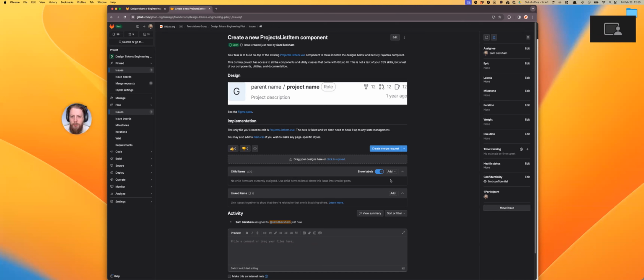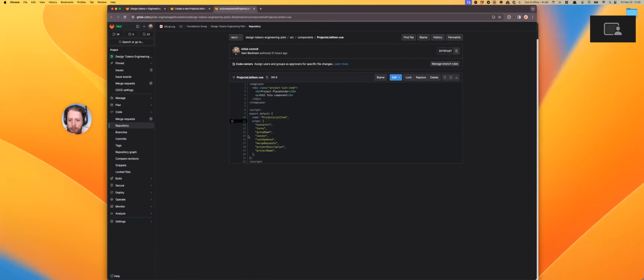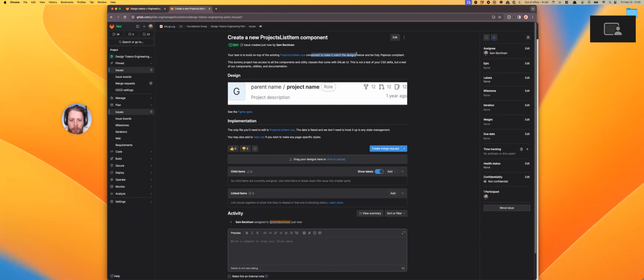They have a task to build on top of the existing projects list item view component, which is a dummy component I've set up that does nothing right now. And they want to make it match the designs below and be fully pajamas compliant. Dummy project has access to all the components and utility classes that come with GitLab UI. This is not a test of your CSS skills, but a test of our components, utilities, and documentation. I've not explicitly said anything about design tokens in there, but before I send them this